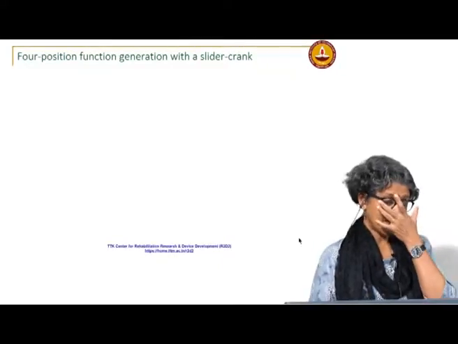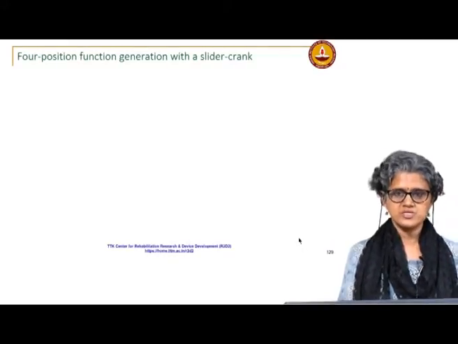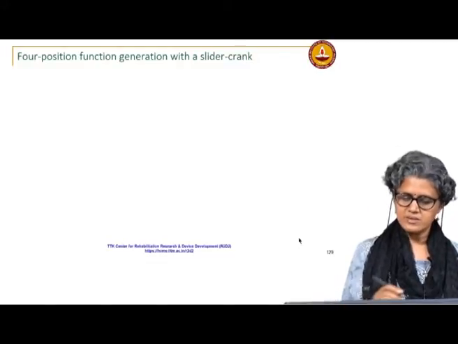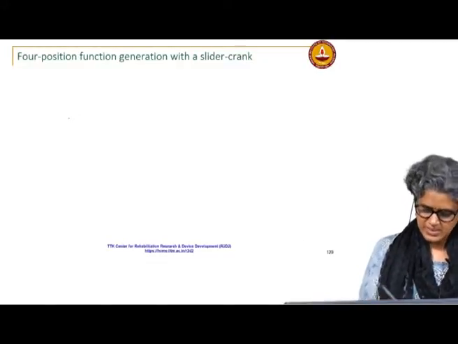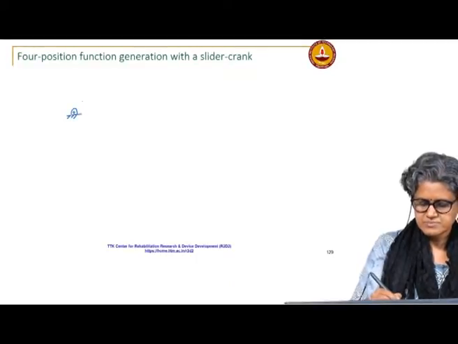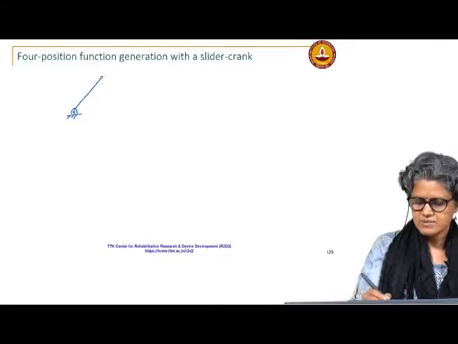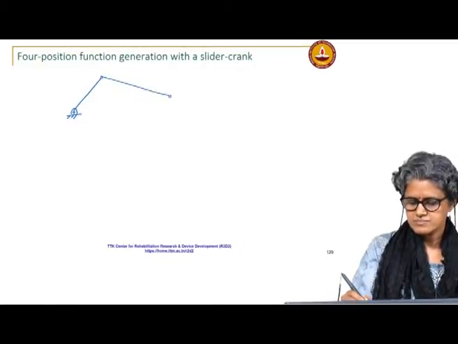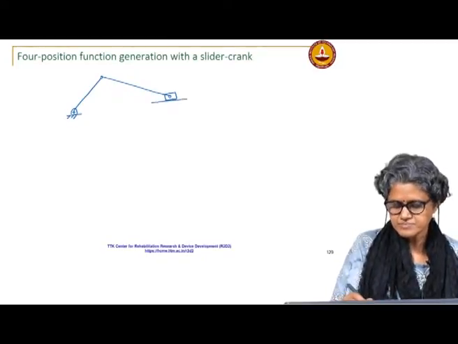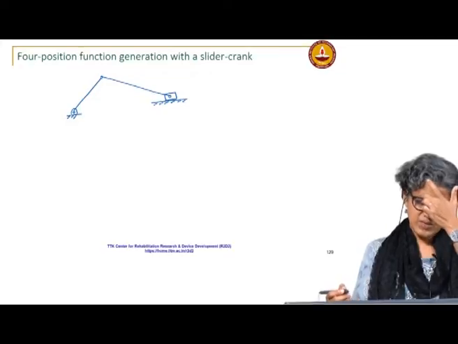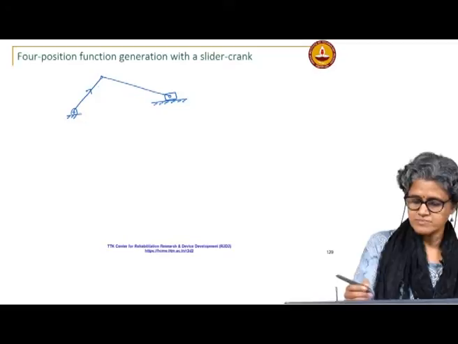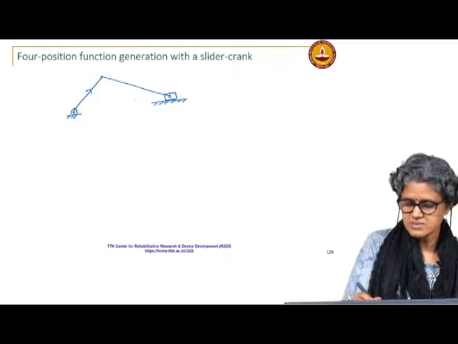So, we looked at the 4 position motion generation, and for completeness we will briefly look at the case of a slider crank, synthesizing that for 4 positions of the slider. Okay. So, I can again use the diode form. So, say this is